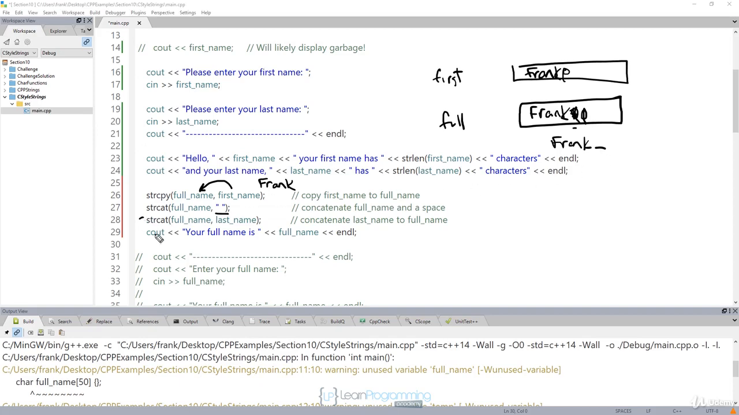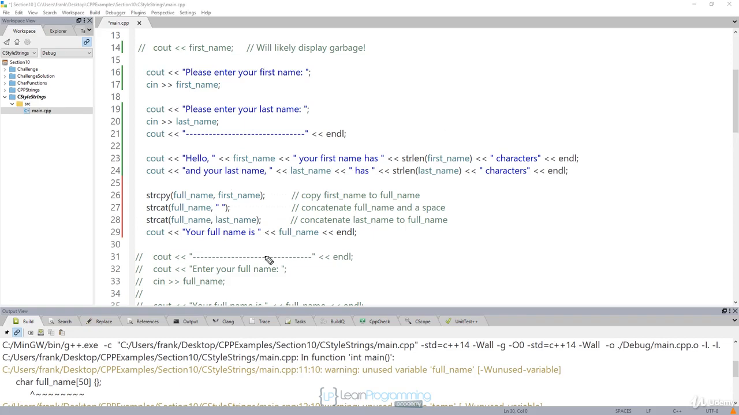Then I'm doing another strcat. And what I'm doing now is I'm concatenating. Again, this goes this way. I'm concatenating the last name to the full name. So now I'm putting in my last name here. And it will also put in the null character at the end. And then I'm just displaying it. Okay. So notice what we're doing here: we're basically building up full name from first name and last name using strcat or string